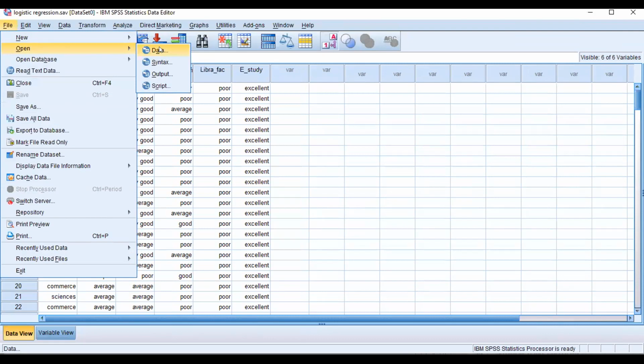apply the ordinal model. Okay, so when we discuss regression, generally we apply regression everywhere, whether it is nominal scaling, ordinal scaling, ratio scaling, interval scaling, continuous scaling, or discrete scaling.